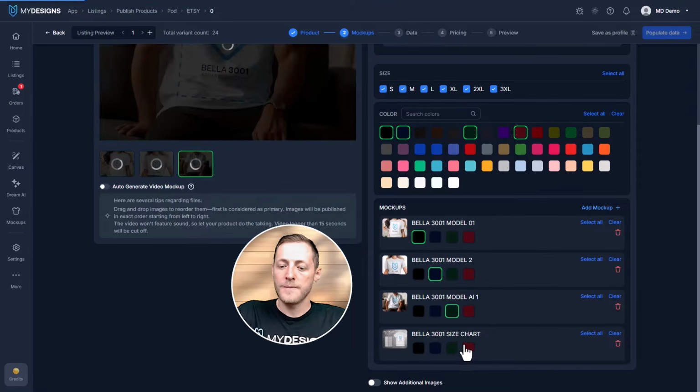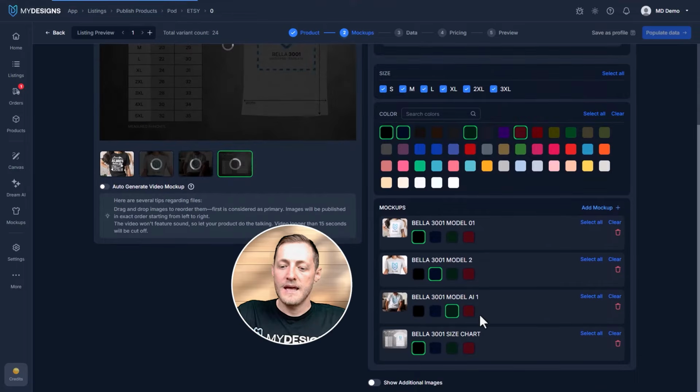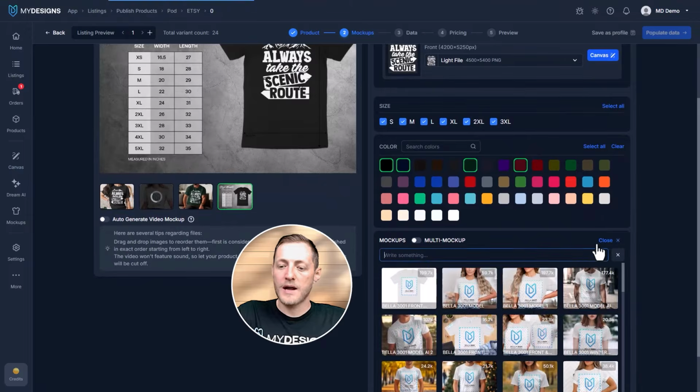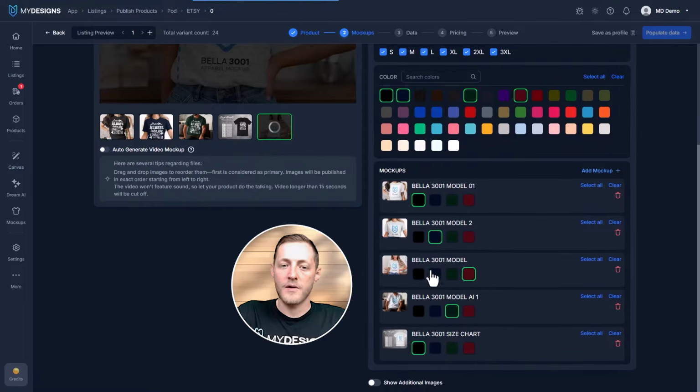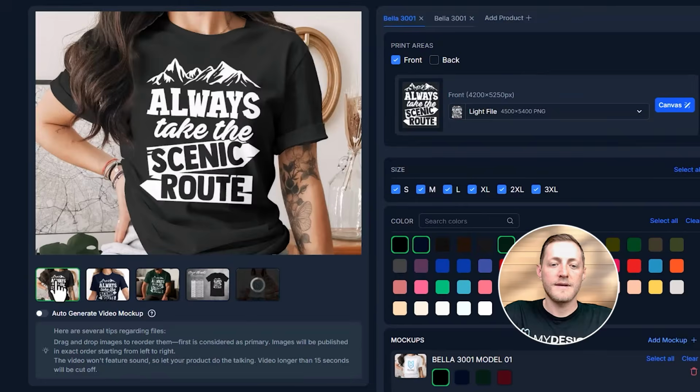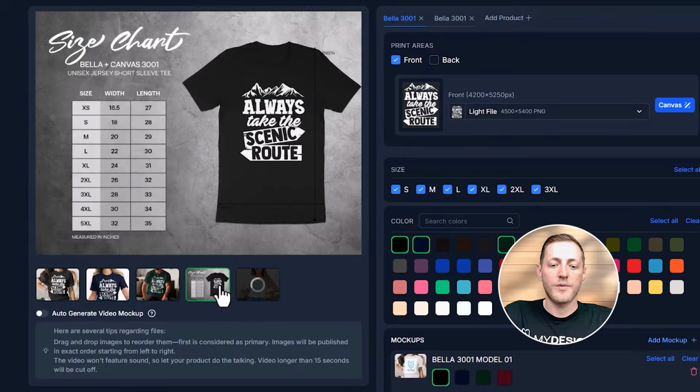colors in order. For the size chart, we'll probably just use black. And then we can add one more mockup so that we showcase that other color as well. So we'll add one more female model and select maroon. So now you can see we have a few mockups ready to go, as well as a size chart showcasing